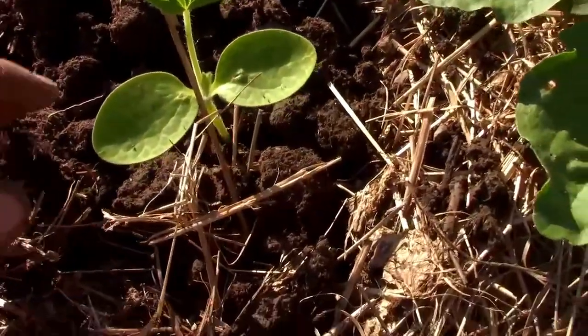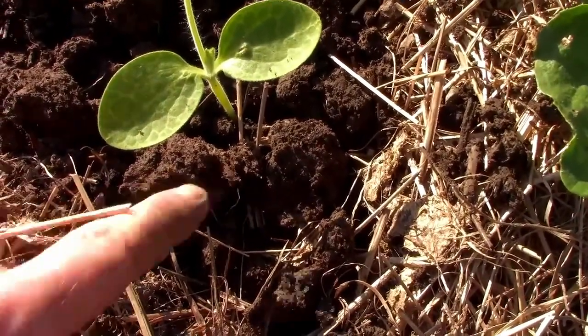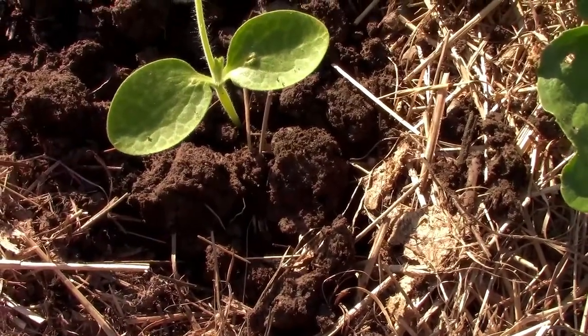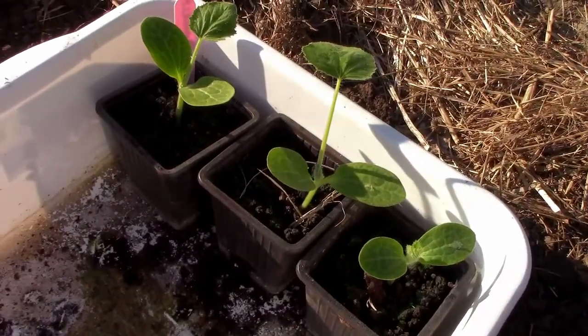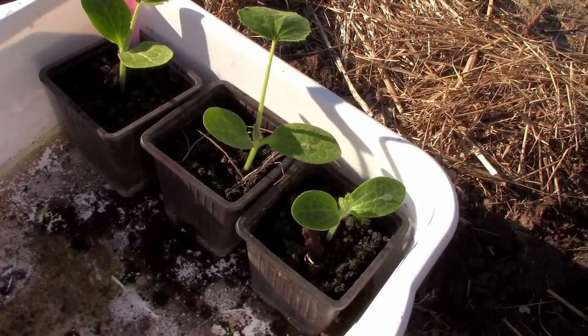A very important thing about squash is you don't want to significantly bury that stem. So these are just about grade with the soil that's around them. These little guys should do well once I get them all in the ground. But here's the starts. So we've started 1 seed per tray, and we're not letting these get very large because,